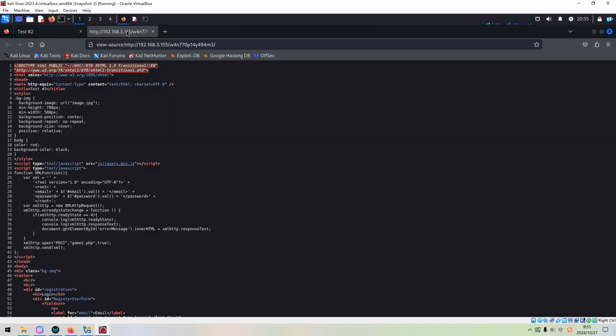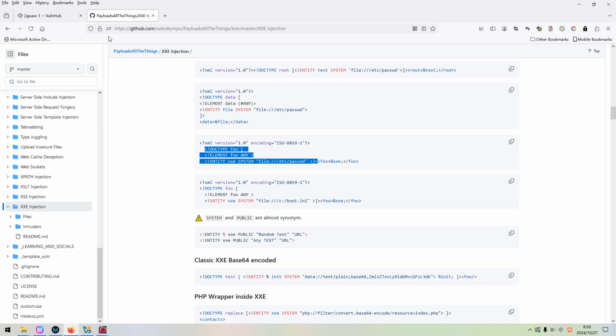So at this point, we can guess that this application is possibly vulnerable to the XML external entity, or XXE, attack. And you can go to these payloads, all the things, to use some payloads to test.